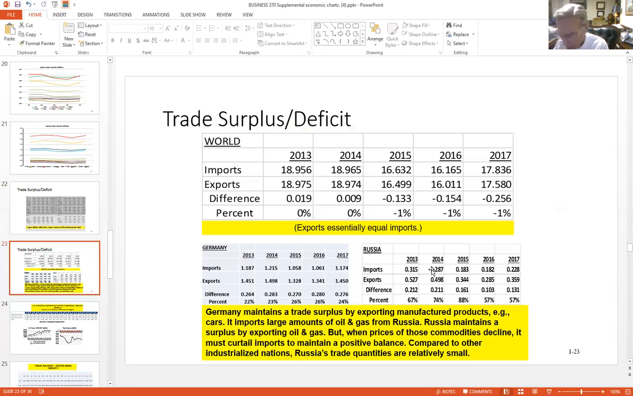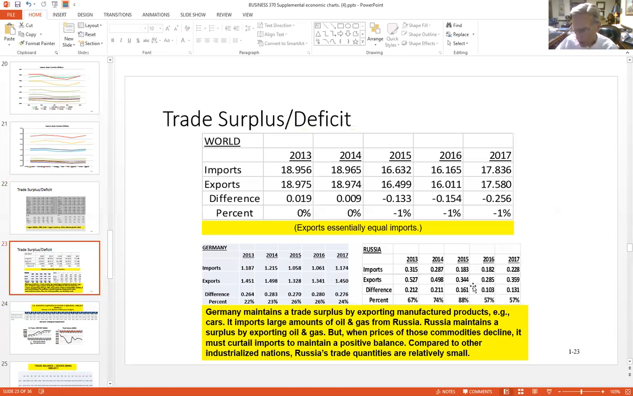Notice one thing though, and that is as the exports declined, and that was due in Russia's case to the price of oil. Russia is very dependent upon exporting of oil. It's a major oil producer. And so as the price of oil fell, and as some trade restrictions were placed on Russia due to these sanctions that I mentioned,